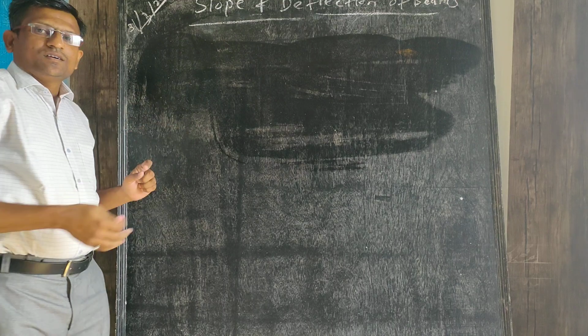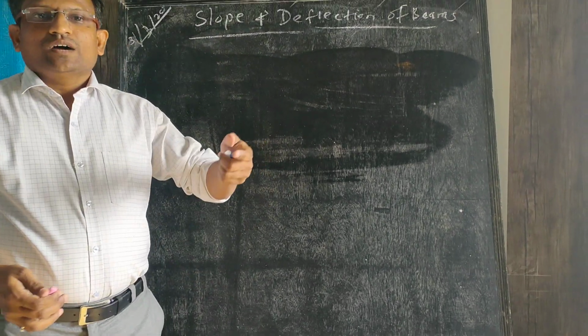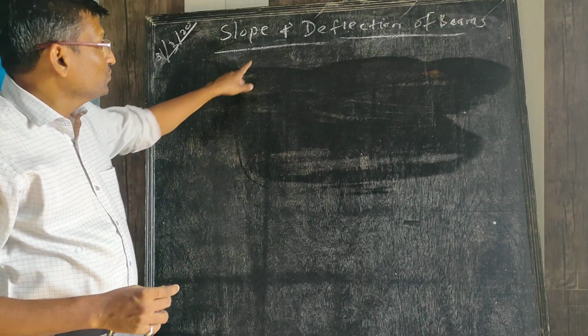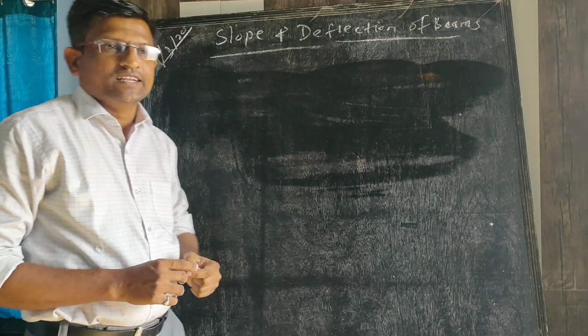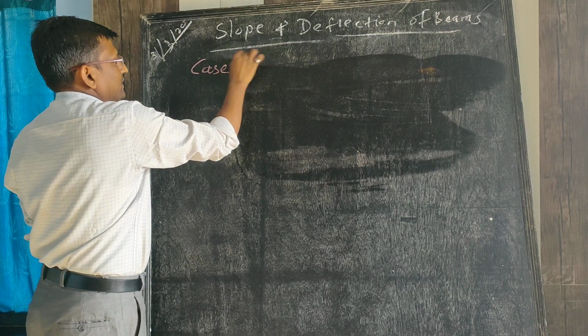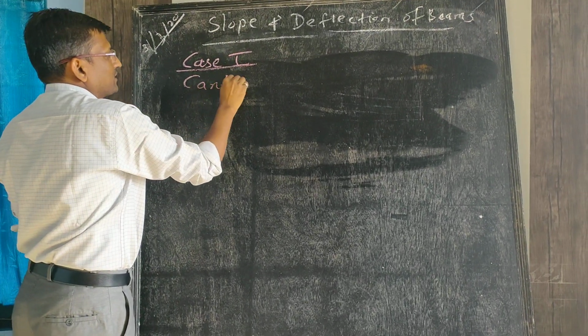Case number 1 and 2 of the simply supported beam we have already completed. Now I am going for the cantilever. I will give the expression of slope and deflection of the beam for the cantilever for case number 1. So let us see case number 1 for the cantilever. It is a cantilever